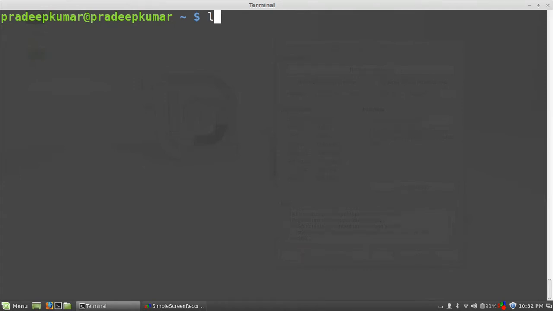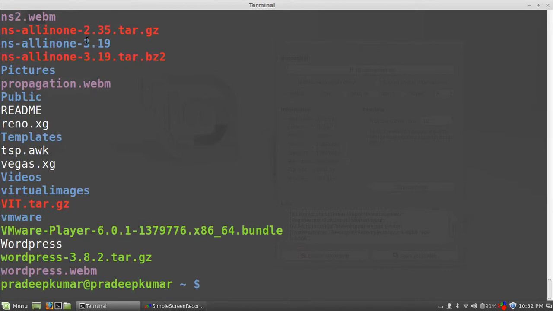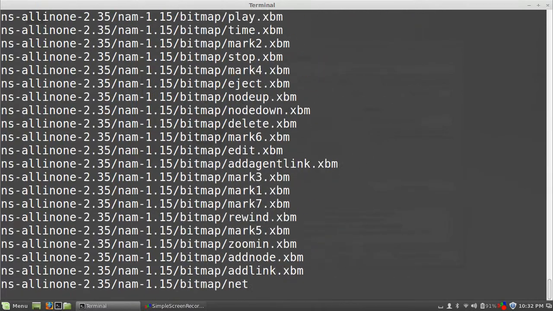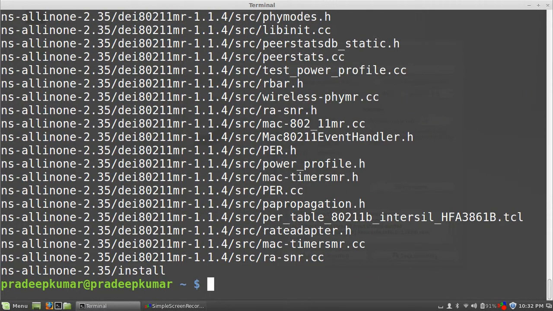First thing is I have the executable file with me. I mean, this is the file tar.gz. So I am going to do everything in the command prompt. So first I will do this. The command to extract is tar zxvf ns, and here is my extraction. So either you can do it graphically or you can try using the terminal. I am using the terminal. Once the command is over, it will create a folder called ns-allinone-2.35.